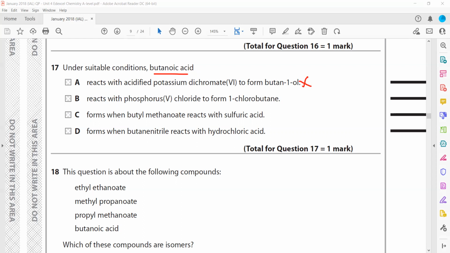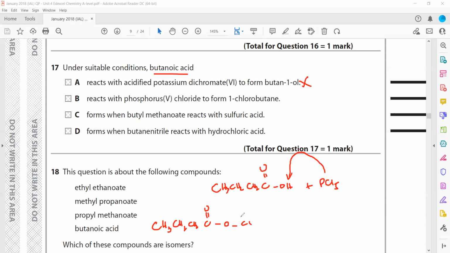How will it form acyl chloride? Look, butanoic acid is what? Butanoic acid is like CH3, CH2, CH2, C double bonded with O and OH. That is butanoic acid. When we add PCl5, phosphorus pentachloride, chlorine will take the position of the OH. What will be the product? So the product will be acyl chloride, C double bonded with O and Cl,